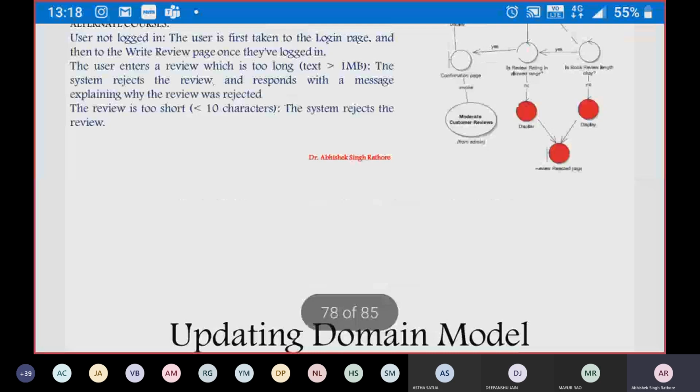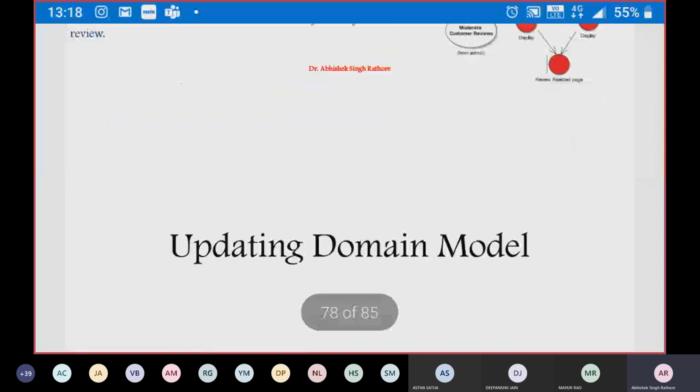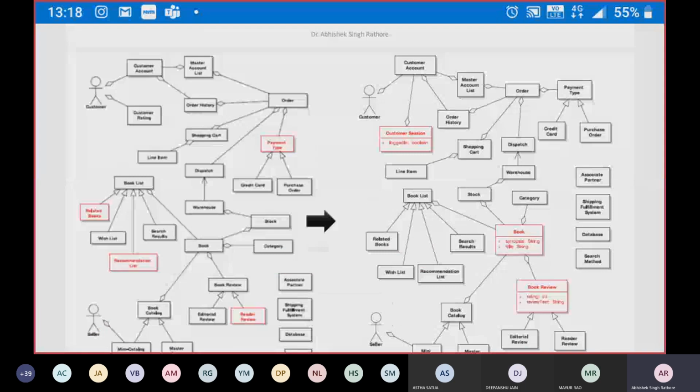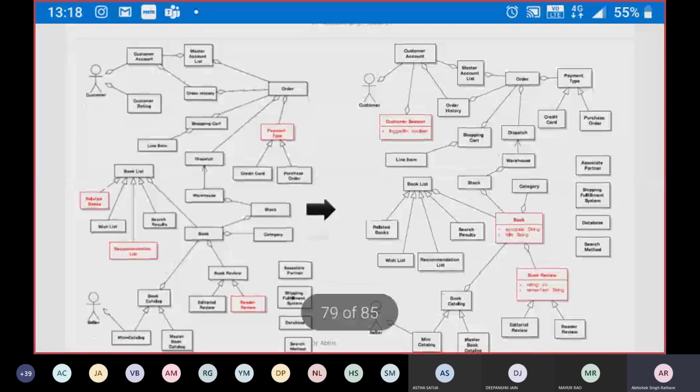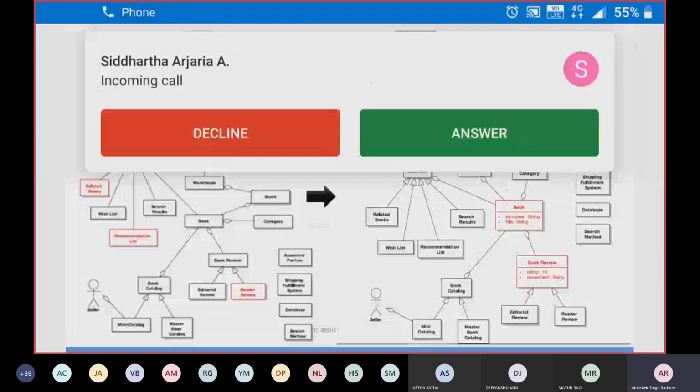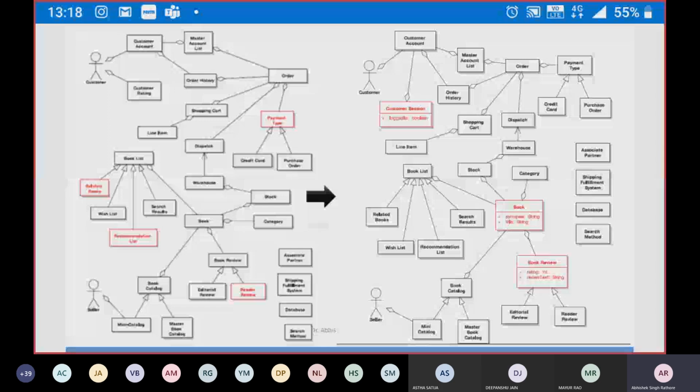On the right side, we have the updated domain model. The difference between both is that we have three new classes. The first class is customer session. Why? Because we have to check whether your user has logged into your system or not. So we create a customer session class, which is shown in red.